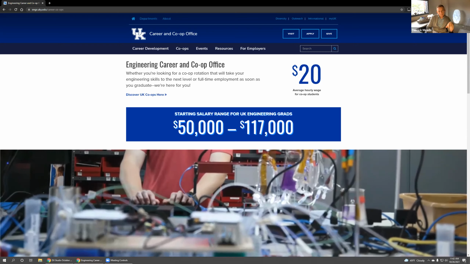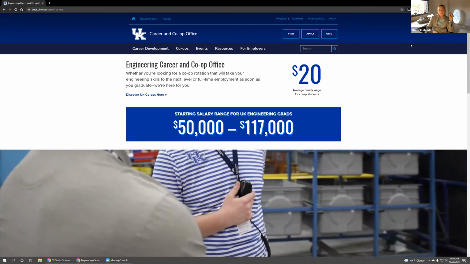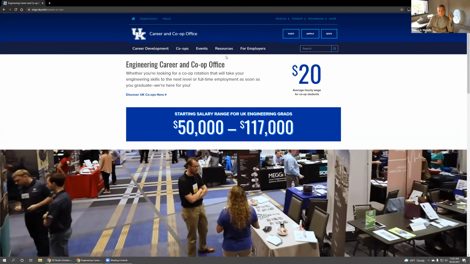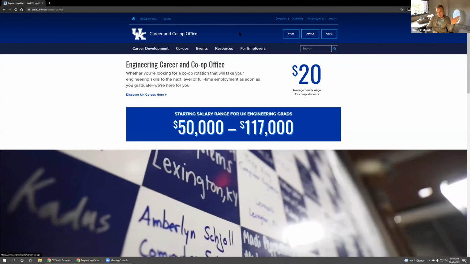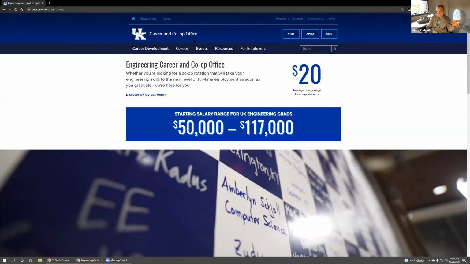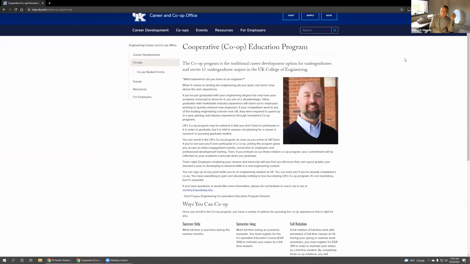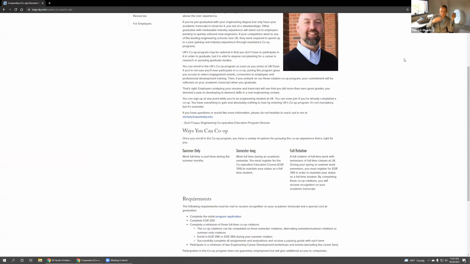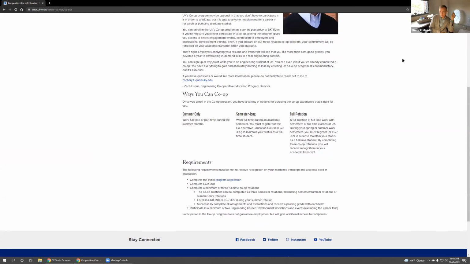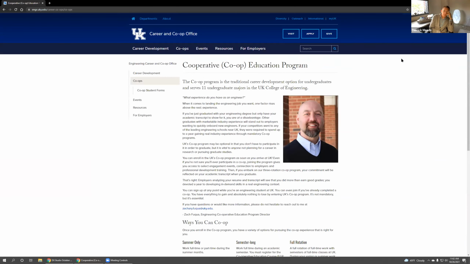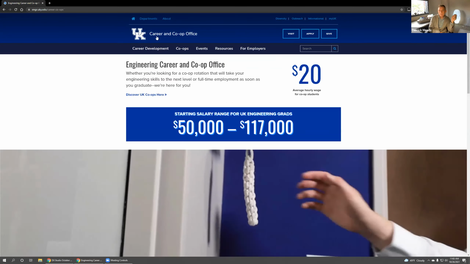We developed the co-op page to almost feel like a landing page, and we added co-ops as a top level navigation item. We've also made sure that co-oping is one of the first messages students see in the email trail campaign that we worked with you all on, because we all know those first three emails get viewed and clicked. After that, things drop quickly. So the one concern I have is, what is the first message students are getting about this college when they show an interest in engineering?